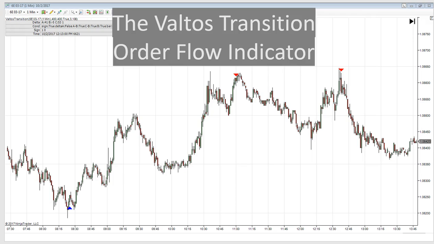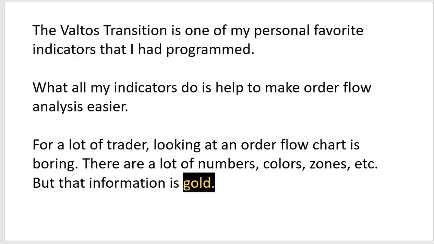People will spend hundreds and even thousands of dollars on trading software and not take 15 minutes to go through a user manual, and then they wonder why they're losing money trading. I just don't understand it. But hopefully, by watching this video, this will explain it more in depth, so that you can get some value out of it. Out of the three recent ones, the Valtos Transition is actually one of my personal favorite indicators